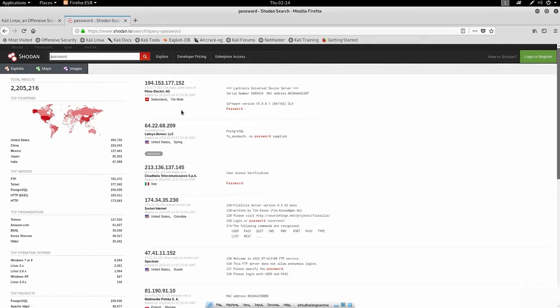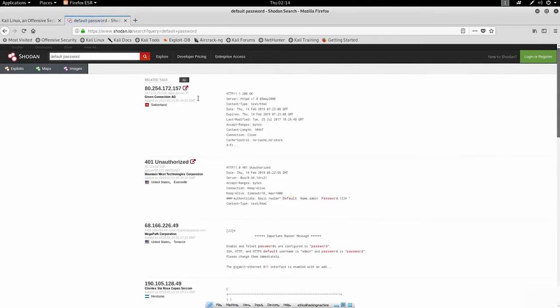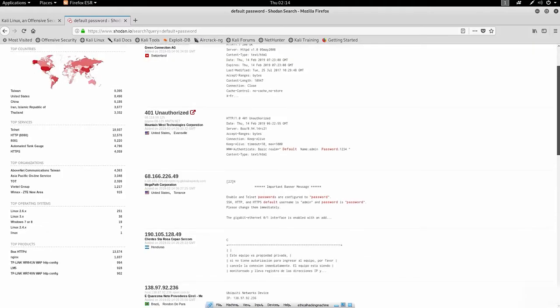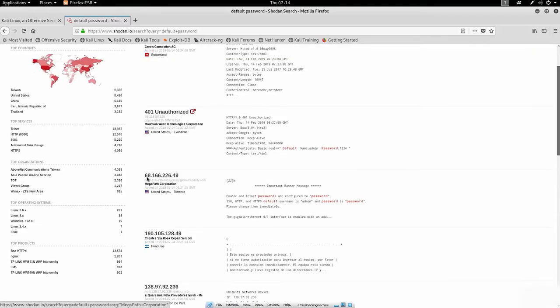We got some of the IP addresses. Let me type here default password, so maybe it will show us the results of the IP addresses that have their routers configured with the default password. As we can see, this one right here, default name admin, password 1234, but it is unauthorized, so let us go down here. This IP address right here, enable telnet SSH, username is admin, and password is password. So if we click on this IP address,